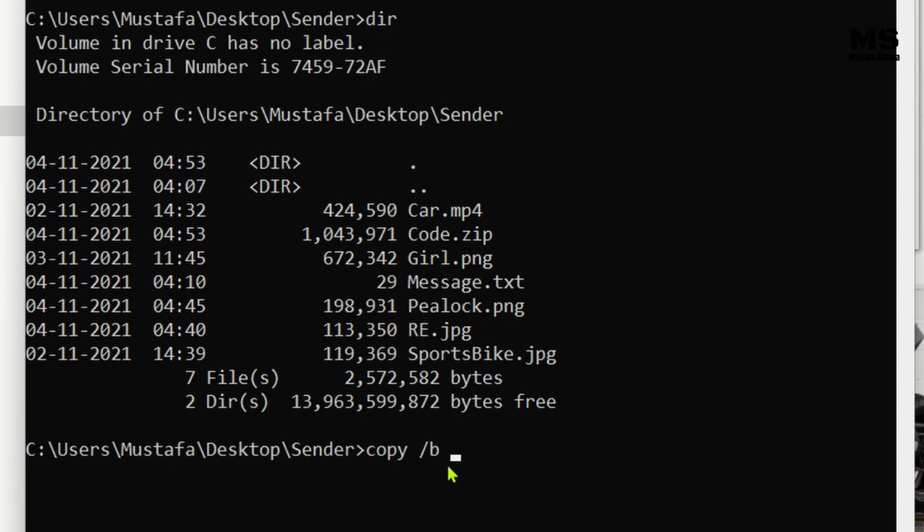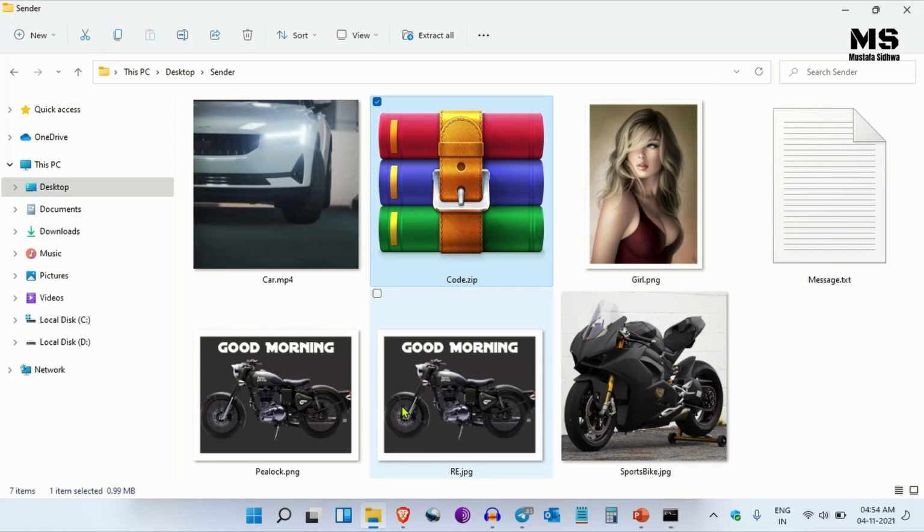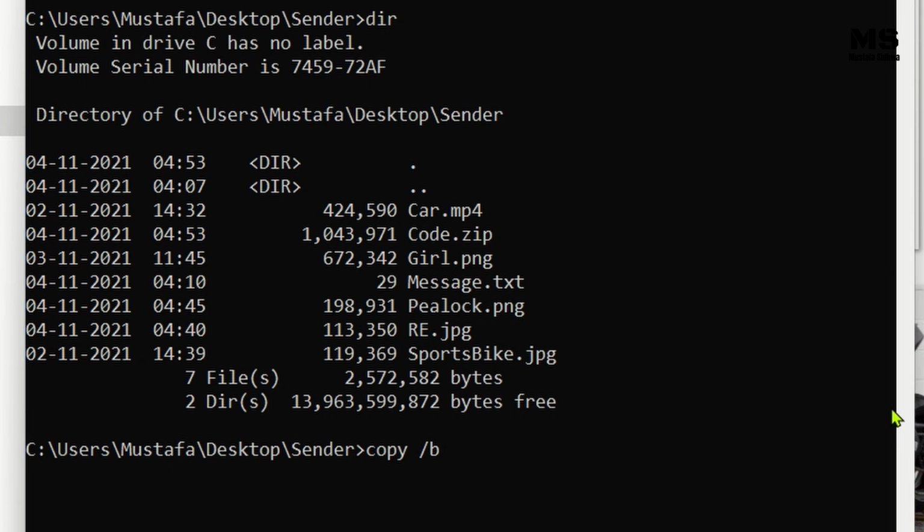And now what we need to copy is first which file we need to copy to. So we are going to embed into this file. This is the file that we'll be sending. So first we'll type this file name. So we will say sportsbike.jpg